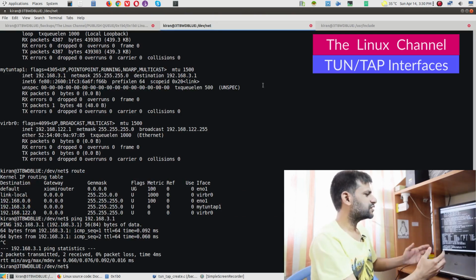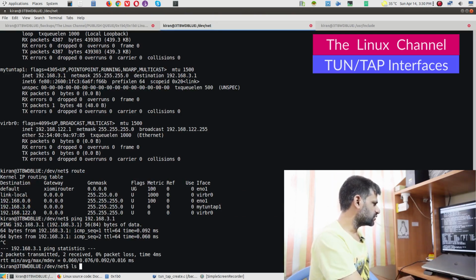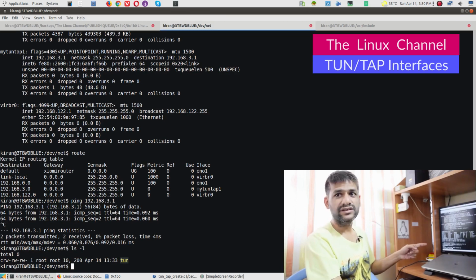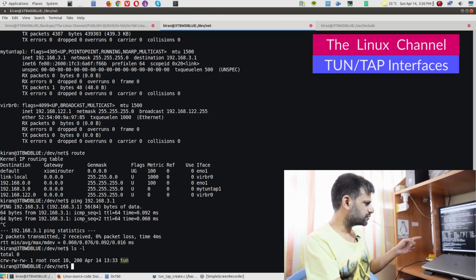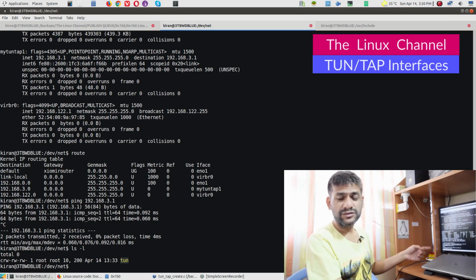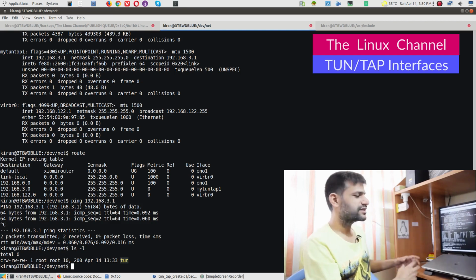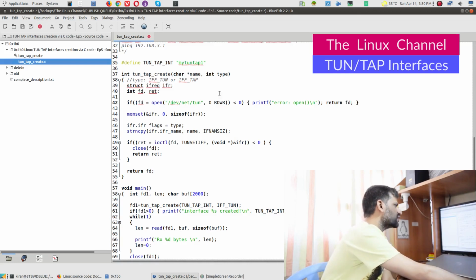You can see here device net, and then if you do ls -l, you can see you have this TUN device file, and it has so and so permission. So of course you need to access this with root permission. So that's what we are doing, and we are getting this file descriptor, and if there is any error, we are returning error. Okay, so otherwise we are doing this ifreq struct initialization like this, memset 0, and